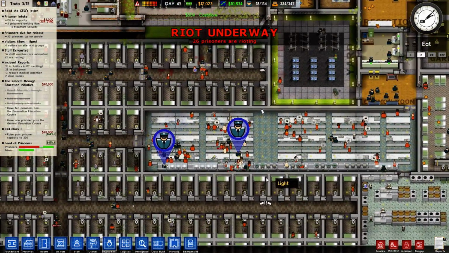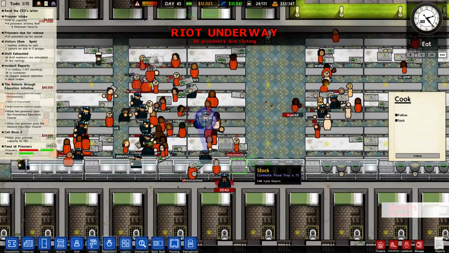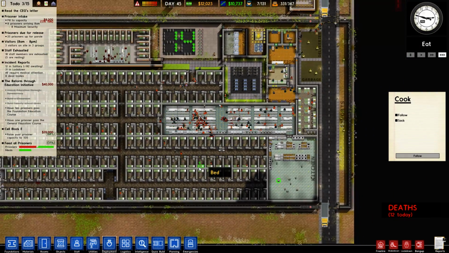Oh, we have another riot going on now. Isn't that fantastic? So as you can tell, this is not the best prison. And the only way we can suppress this riot is because we have an abundance of tasers. Moving on,